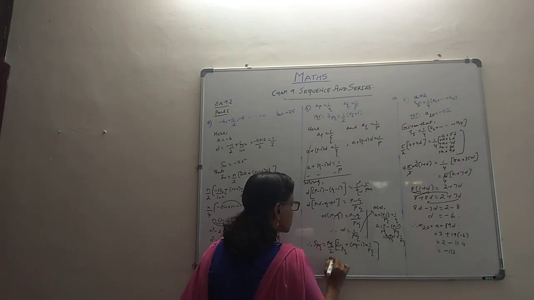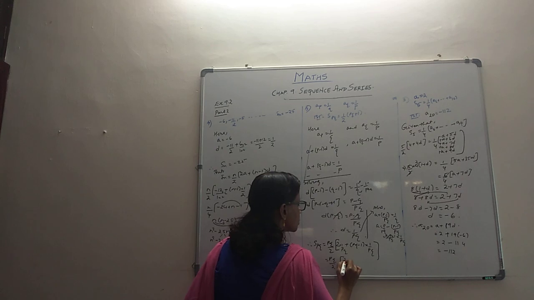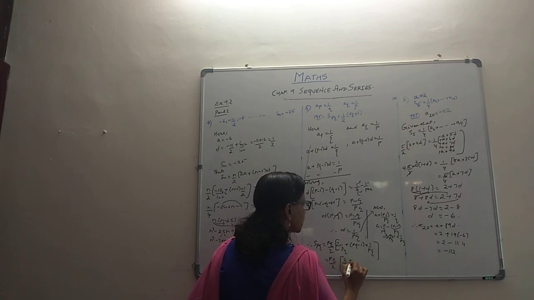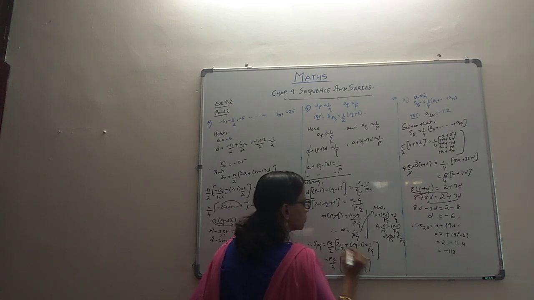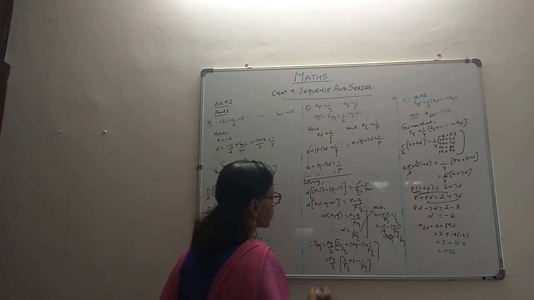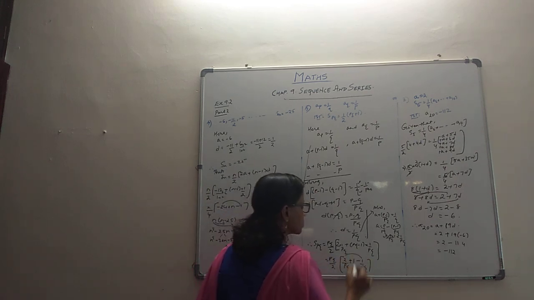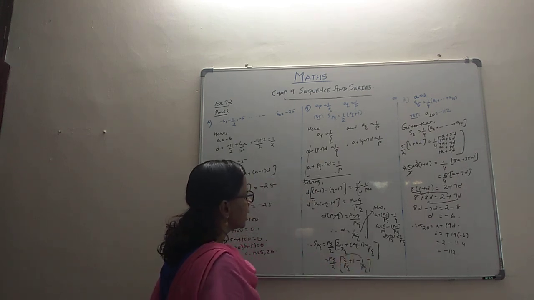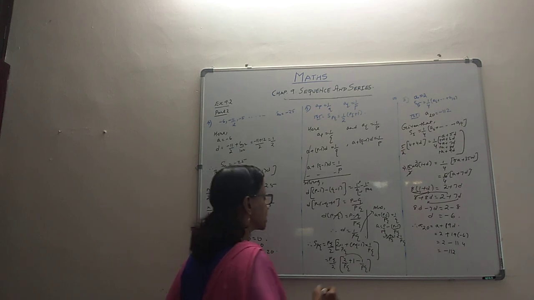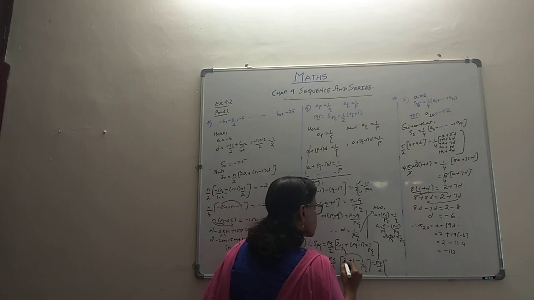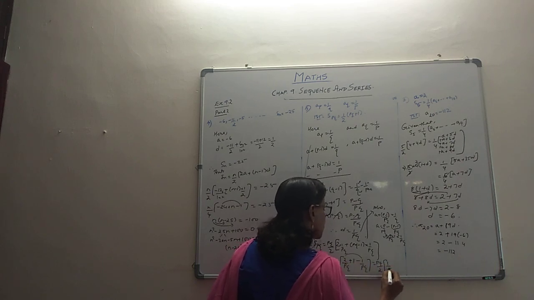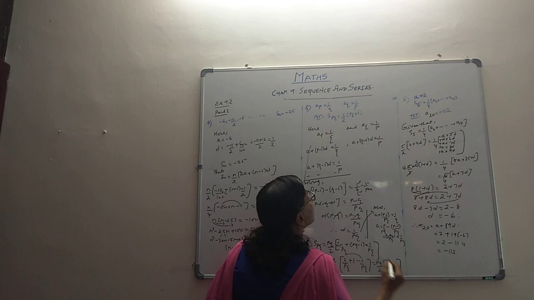How do we solve this? PQ by 2. So it is 2 by PQ plus PQ minus 1 by PQ, means 1 minus 1 by PQ. Just check if it's correct. You're opening up the bracket. So what will happen? Now denominators are same, so numerators can subtract, and you're getting 2 minus 1, 1. So this is PQ by 2, 2 minus 1, 1 by PQ plus 1. Or in other words,